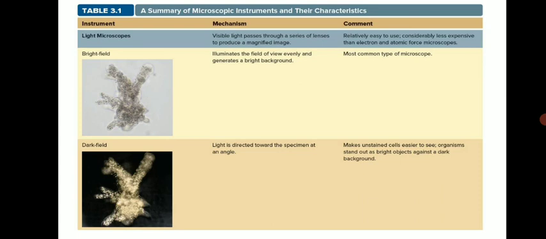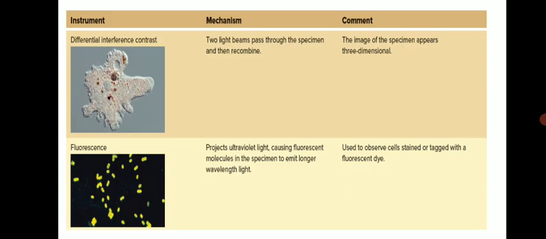Next, there are various types of microscopes that are based on light. It includes the bright field microscope and the dark field microscope, and each has its own significance and capabilities. Different kinds of microscopes are used in microbiology as per the need and specifications. These are the common examples: bright field, dark field, and the differential interference contrast microscope, in which we can see a 3D image.